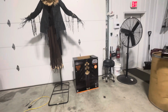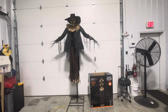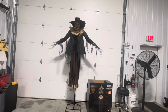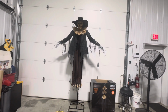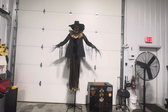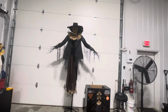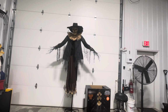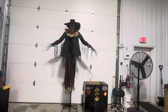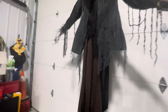It has... Sorry, I just tripped over a pumpkin. I feel like that's only an issue a haunter can have. So this guy has either the same mechanism or a very similar mechanism to Drop Down Scarecrow. And I know it's a little different than Darling Dolly's. I think hers isn't as secured as this guy. Because this one's a little interesting because he's got...